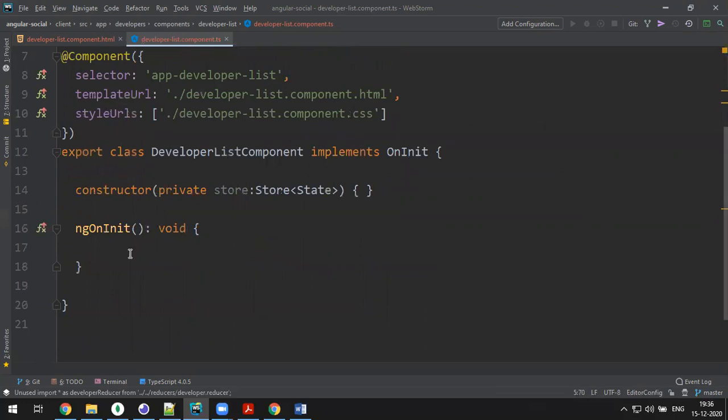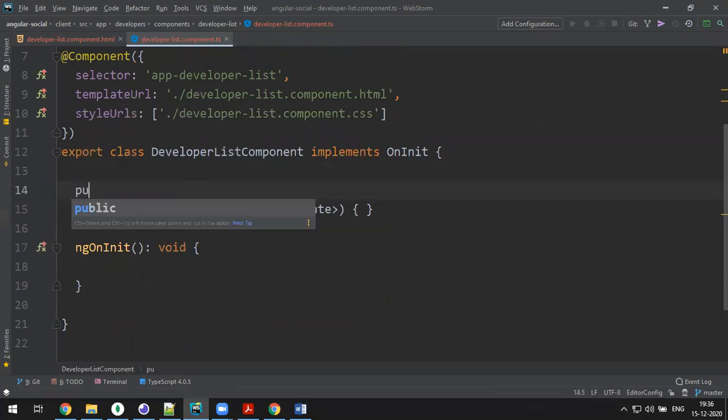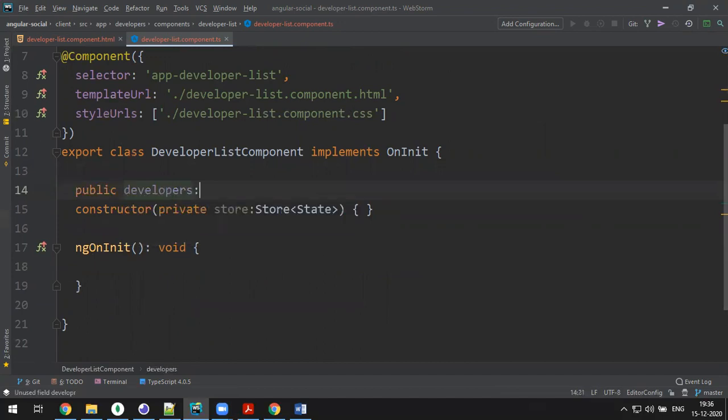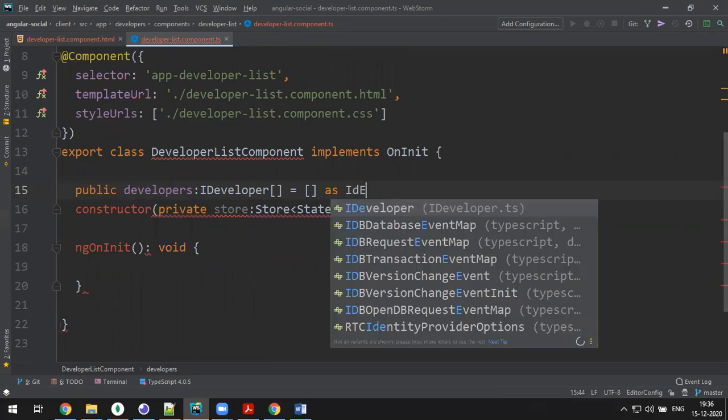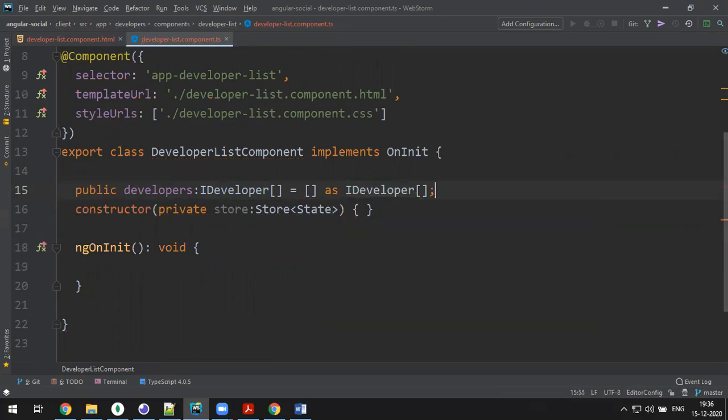Okay, so let's get the data. How to get and where to store? I'll just store with my local variable. So developers of type IDeveloper array. You can just take an empty array as IDeveloper array. You can take also like this. So how to get this: this dot store dot dispatch